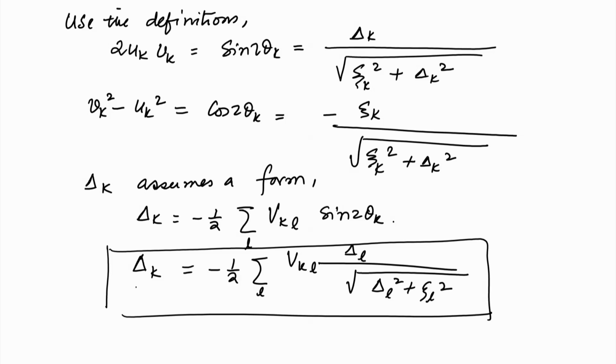Now, you see delta is there on both sides of the equation. Here it is just a standalone delta_k, and here it is sum over L delta_L, and k is not equal to L. So, for a given momentum value L, delta_L is a value, and delta_k has to be computed by summing over all those delta_L. But since we are solving for delta_L, we do not know what it is. So, the unknown quantity appears on both sides. So, a trivial solution, as we said,